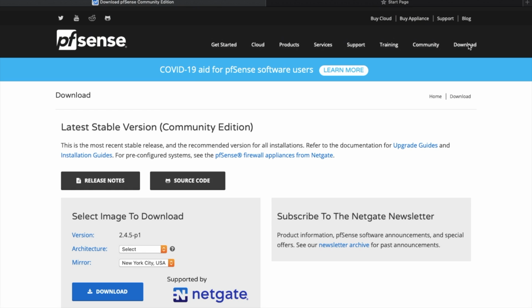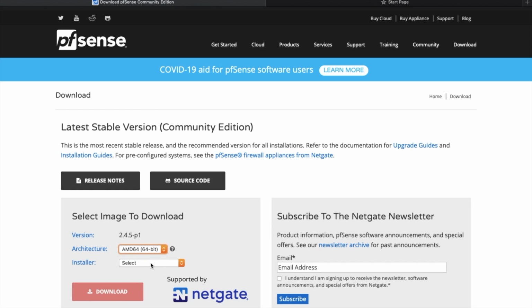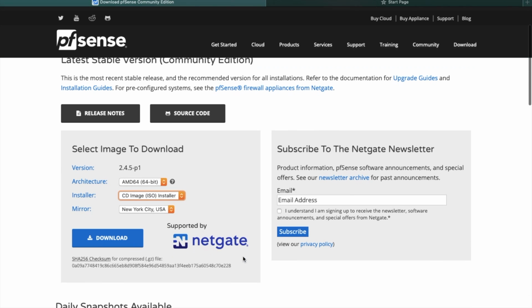So click on download and select the architecture as 64. Select installer as CD image, since we are going to install on VirtualBox, so select the ISO installer and click on the download button. Once you click on download, it will prompt you to store the image file. So guys, I'm not going to download it again, since I have already downloaded it on my machine for this video.